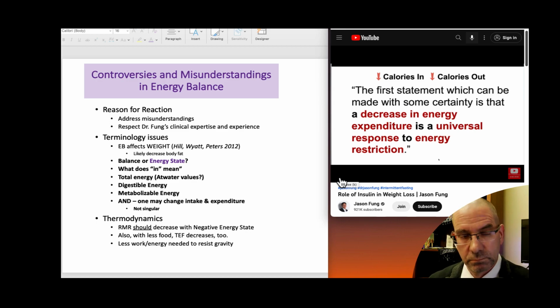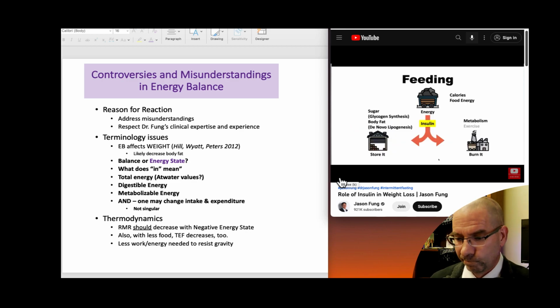Thermodynamics. So, this is a representation. Suppose you have these three variables: energy coming in, which is calories, and I've depicted it here like coal, for example in a coal burning power plant. You can have coal coming in, you can burn the coal, or you can store it in a warehouse. Our body has the same thing. You take energy in the form of calories, and you can store it in the form of sugar and body fat. With sugar, you produce glycogen, which is glycogen synthesis, or you can produce body fat, which is called de novo lipogenesis.